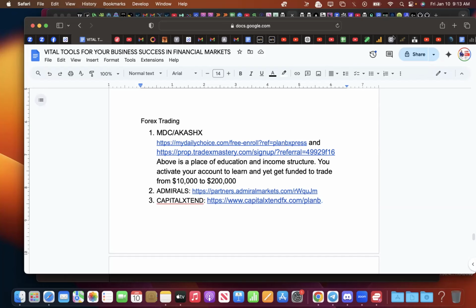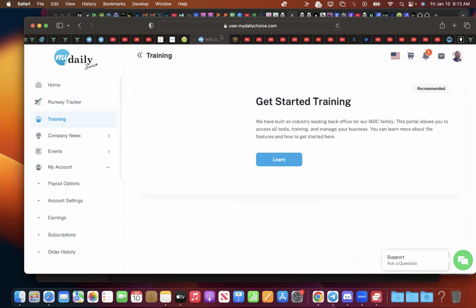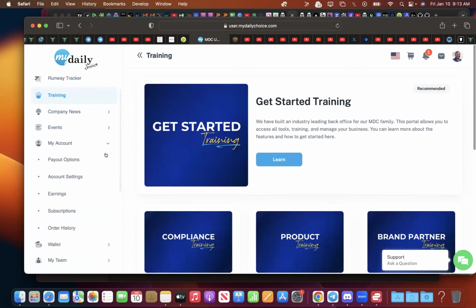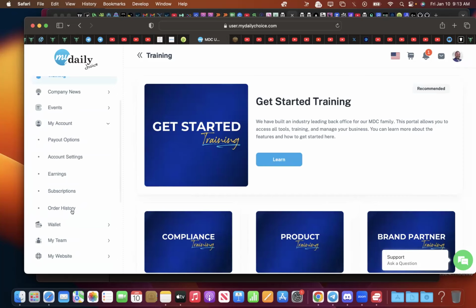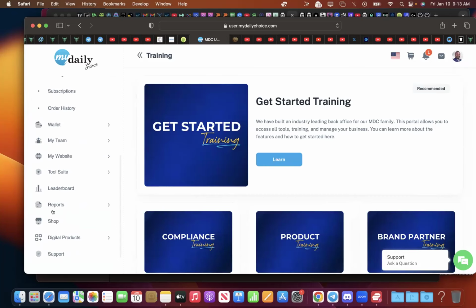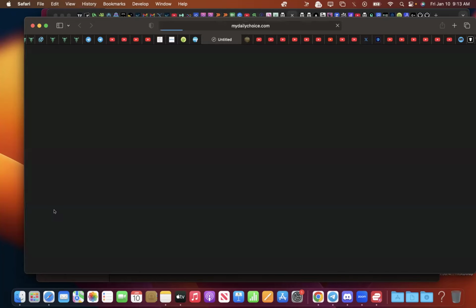if you look at it, this platform is powered, that's the kind of collaboration, right, by My Daily Choice. So this is My Daily Choice. Look at my account, for instance. When you register, of course, you probably want to go to shop. Okay, you probably want to go to shop when you register, and then it's going to ask you to